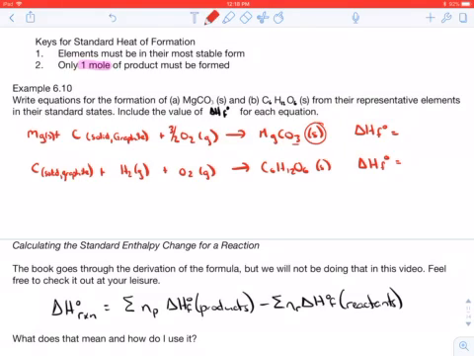And so now we've got to balance. Remember, this has got to stay 1. This one's a little easier. We're going to say 6 carbons, 6 H2s, and 3 O2s form 1 mole of C6H12O6. And again, you can find delta H of